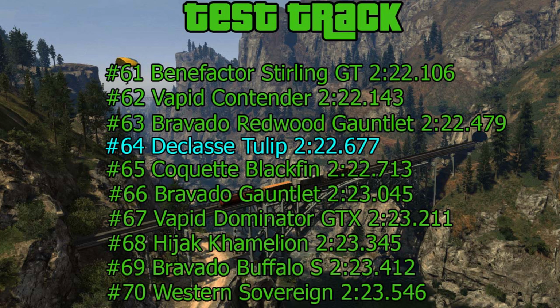On the test track, the Declasse Tulip finished in 64th place at 2 minutes 22.677 seconds. I was actually pleasantly surprised that it beat the Gauntlet, Dominator, and Buffalo S, because usually the older muscle cars don't have much grip or handling to do very good on this track. And I was just surprised. I didn't think going into this that the Tulip would beat those other cars,